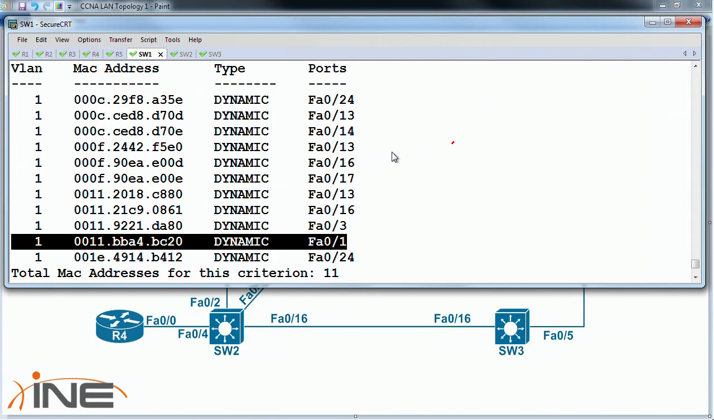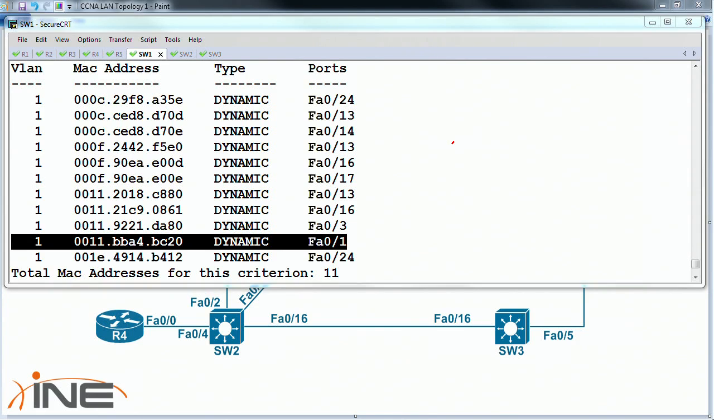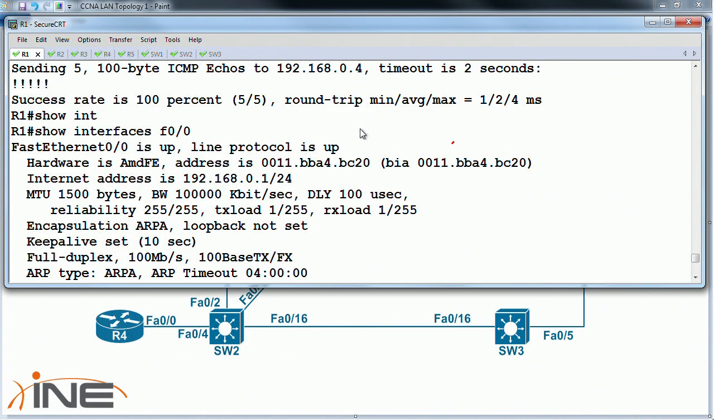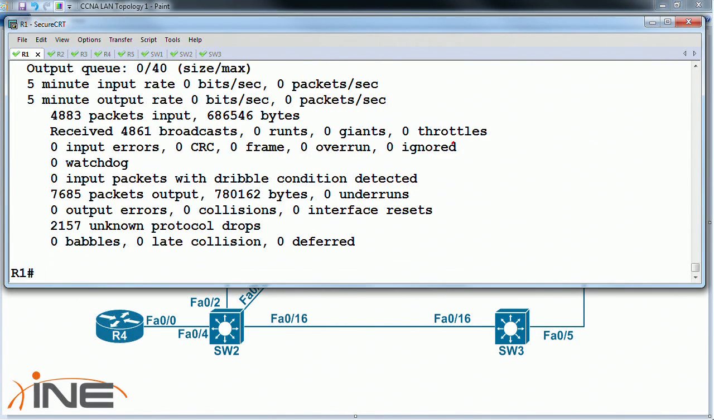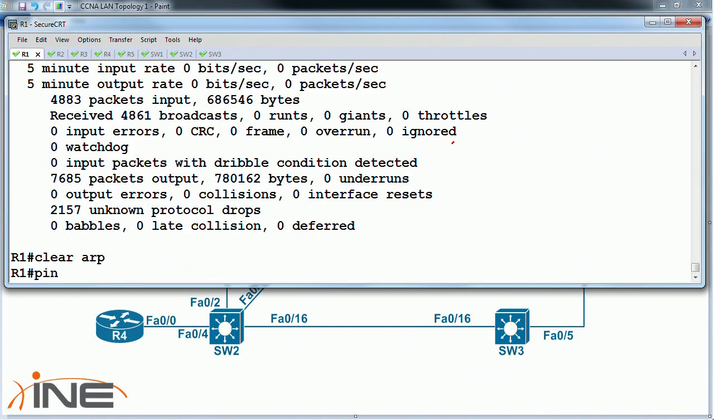It doesn't yet know where the destination is, though. It doesn't know where the Windows machine is. So when router 1 sends this request, if we were to ping 192.168.0.100,